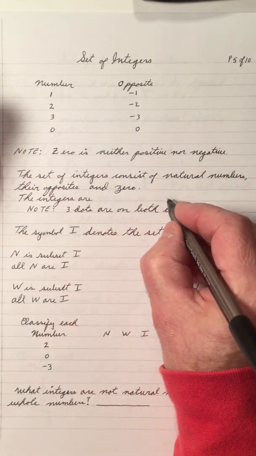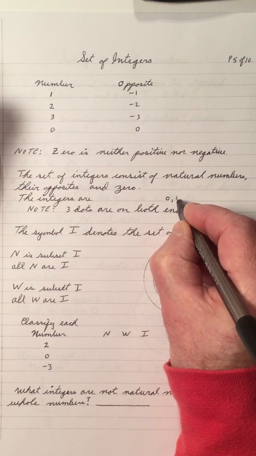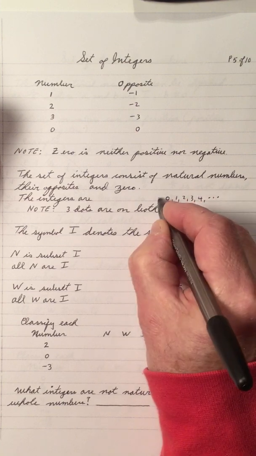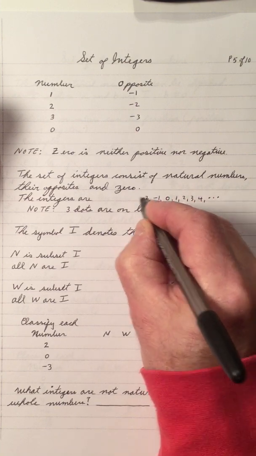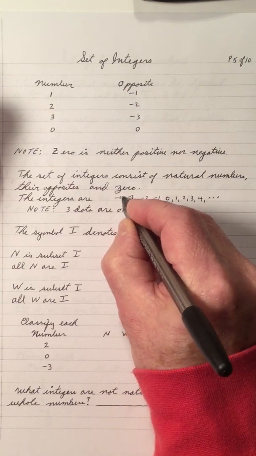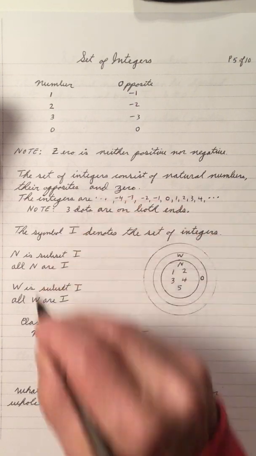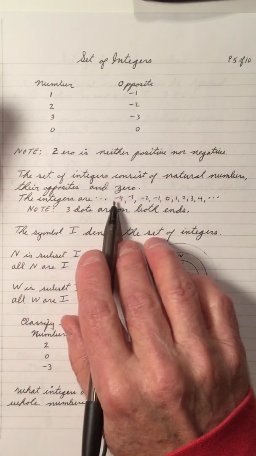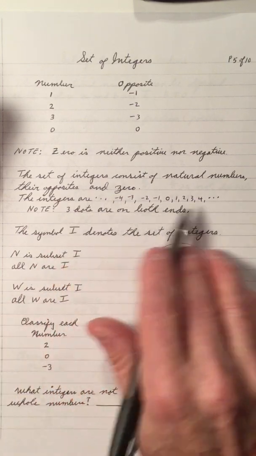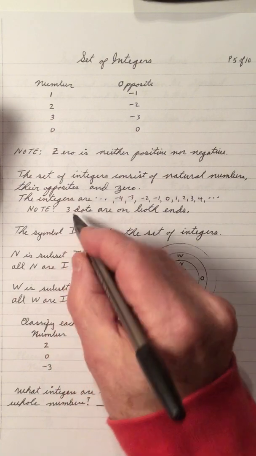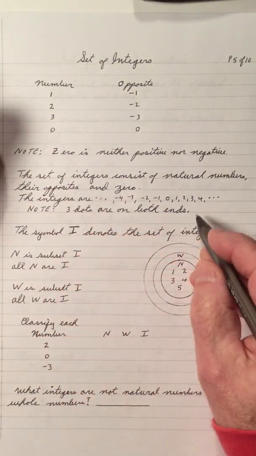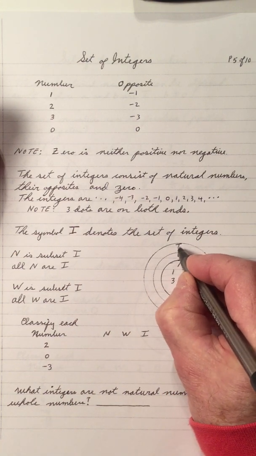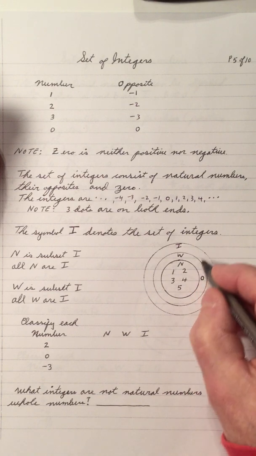So to write this down, let's put 0 in the middle, 1, 2, 3, 4, ... on the right, and -1, -2, -3, -4, ... on the left. So notice the integers go to the right to infinity and to the left to infinity. And the 3 dots are on both ends because they continue on both ends. The symbol I, integer begins with I, denotes the set of integers. So if I put an I at the top of this circle, then